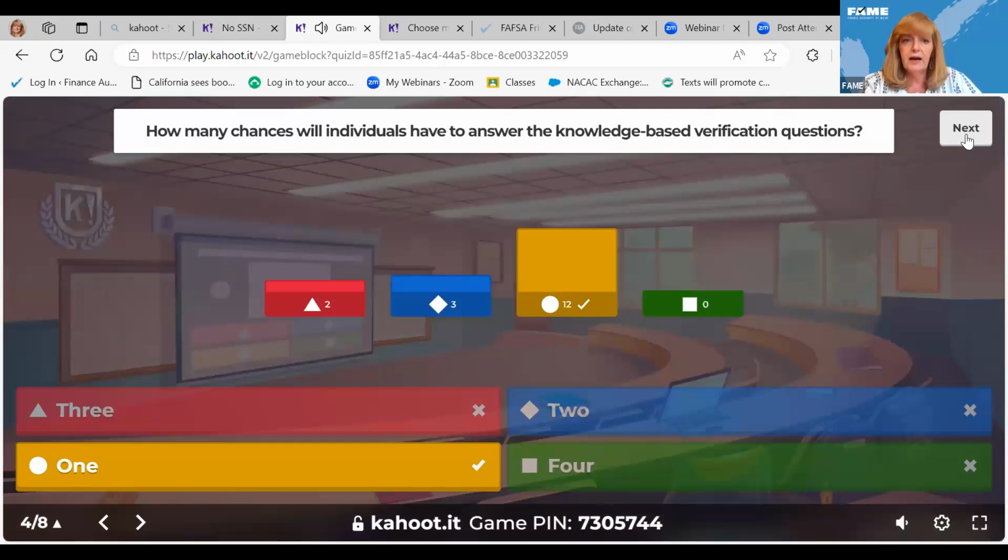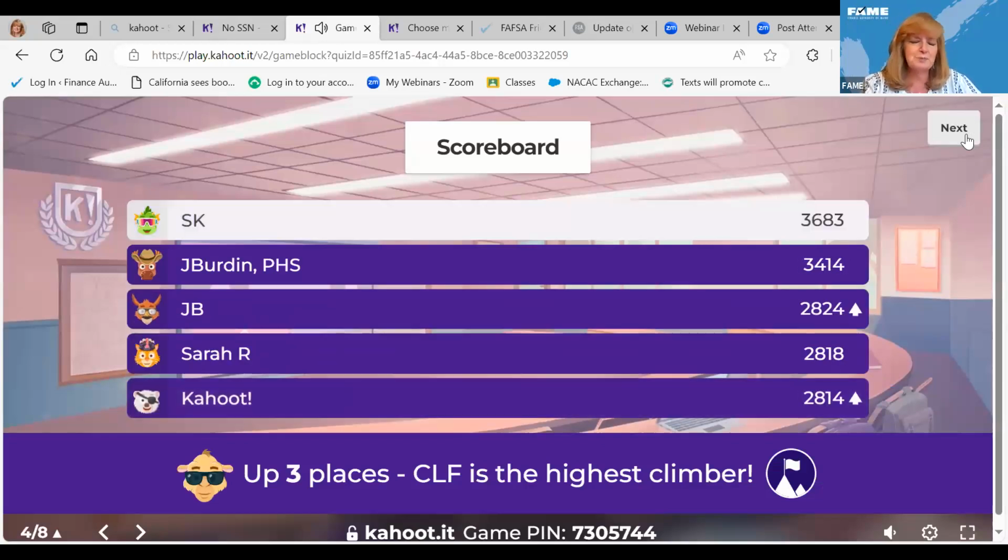As of right now, it is just a one-shot deal. That could change. There has been a request that they be given at least 2, but as of today, they'll only have 1. So we just want people to be really careful and not zip right through them, but to think about them carefully because we've all misread questions before. We just want people to take their time when they do that.